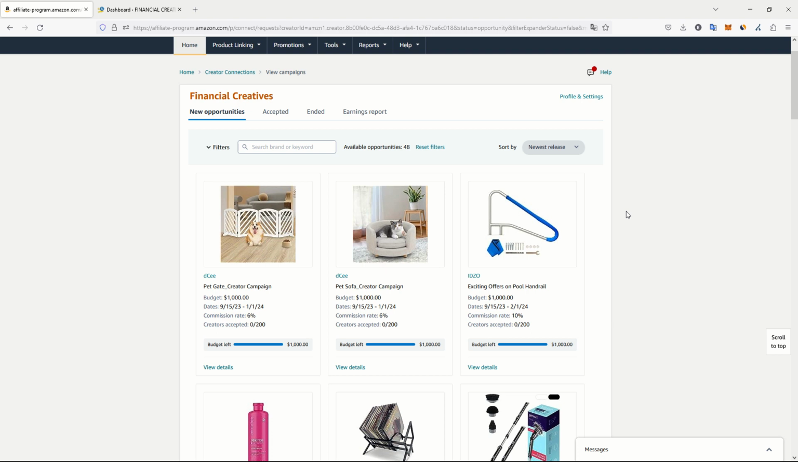Today, we will see how, using artificial intelligence, we can effortlessly create product reviews and promote products from the Amazon Creator Connections program. So if you have been invited to the Amazon Creator Connections program, you might have already browsed it. If you don't know what it is,